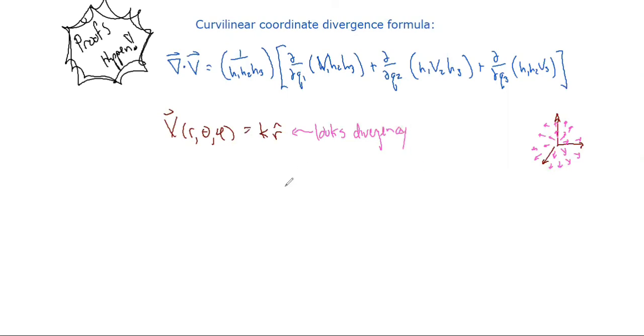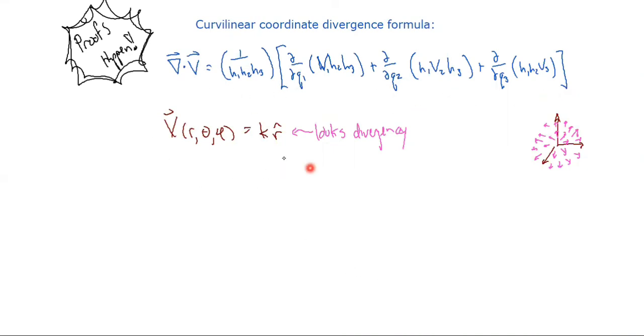Okay, again, the same thing has happened with us as with the curl: because this is just a constant times r hat, if you use the naive formula where you just take the coordinate derivatives and then throw a 1 over scale factor in front of it, this would vanish. So you have to use this formula if you want to correctly determine the divergence. This is an example where you see that our bad formula that we just guessed at would totally give us the wrong answer. It would say that this thing vanishes. So this is the